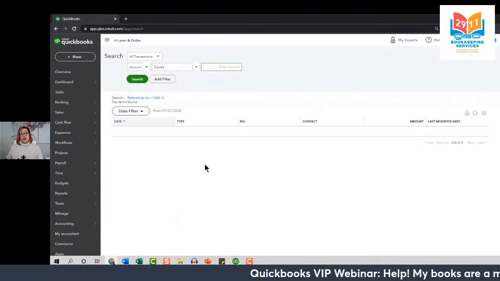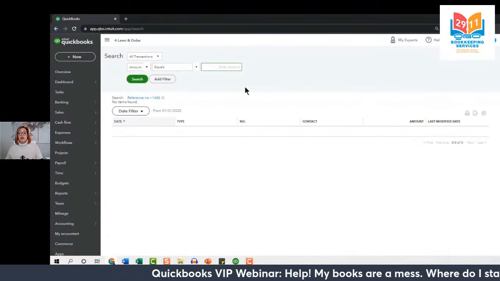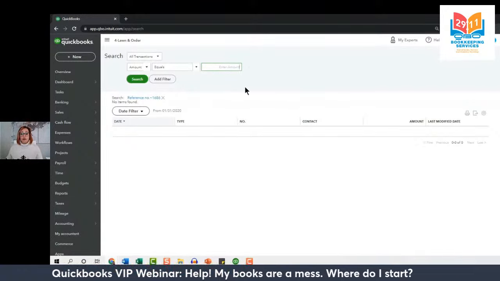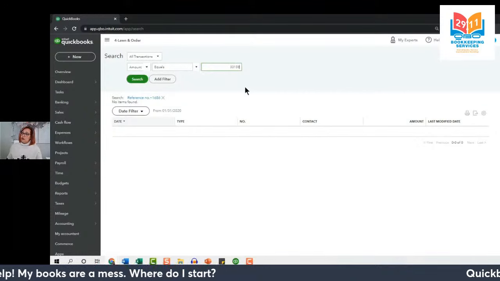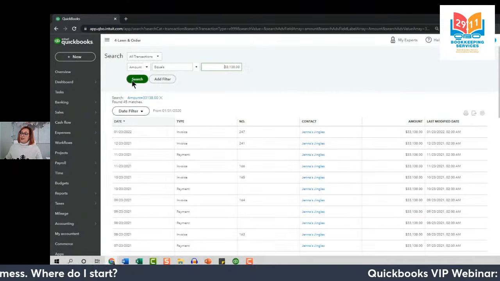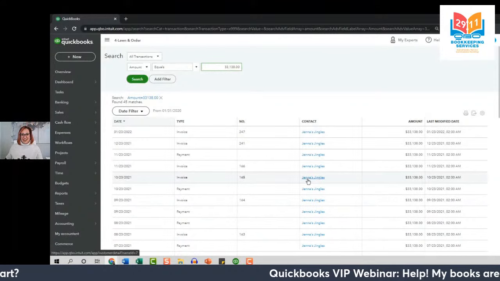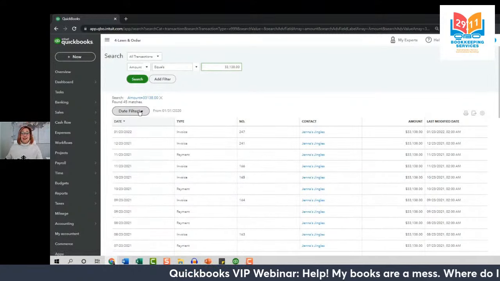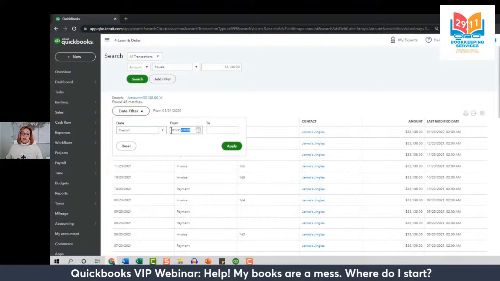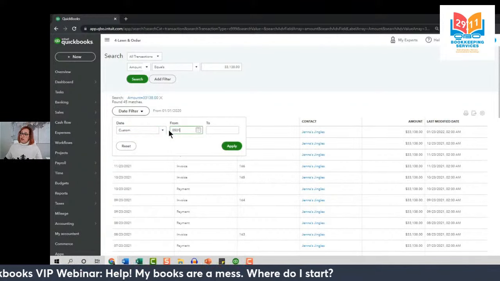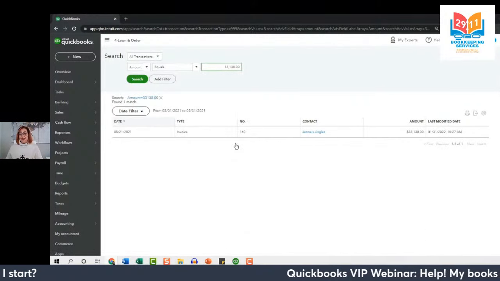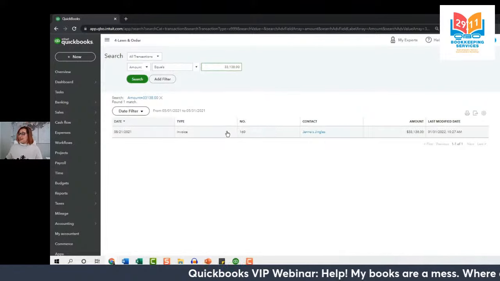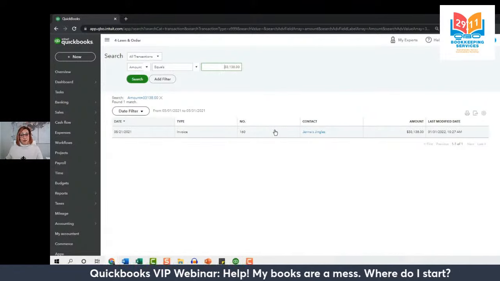Okay, so let's go ahead and take a look now at our other 2 transactions that were deleted. Because they're received payment transactions, they're a little bit harder to find. So the first one that was deleted was in the amount of $33,138. And when we click search, woo, that brings up a lot of transactions here. So remember, you can always set an additional date filter. This transaction occurred back in May of 2021, so I'll do May 1st to May 31st and select apply. And look at that. I've got an invoice here, but I don't have a receive payment transaction.